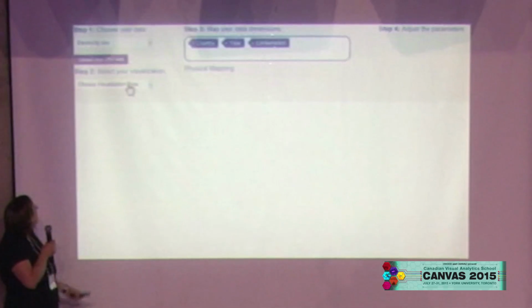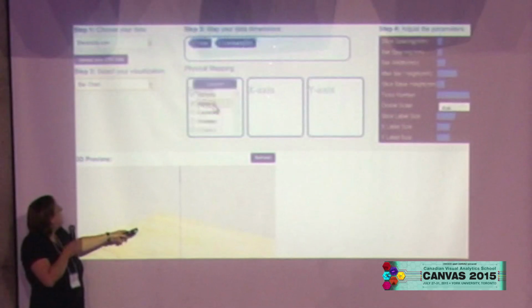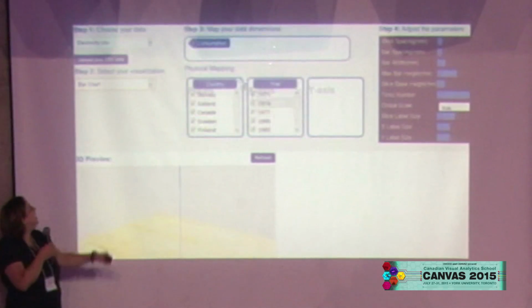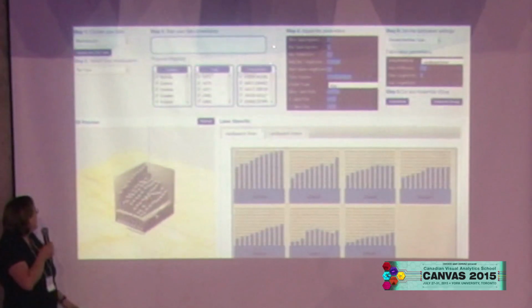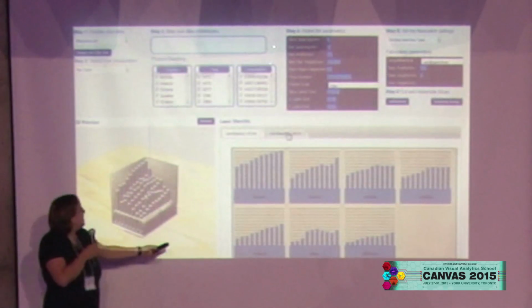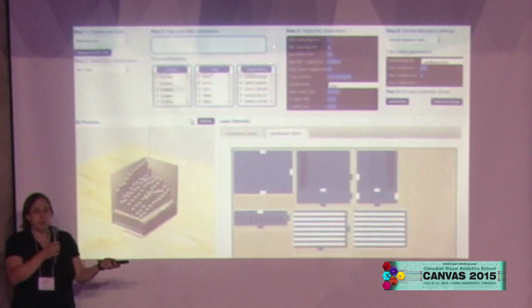So you select some data that you want to visualize. You choose the type of chart that you want, in this case, a bar chart, and you get a sort of 3D preview. And then, a little bit Tableau style, you select the kind of data dimensions that you want to map to different aspects of the 3D visualization. So here you get a preview of what your bar chart will look like, and these are the cuts that you will send to your laser